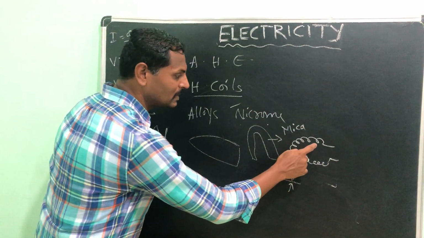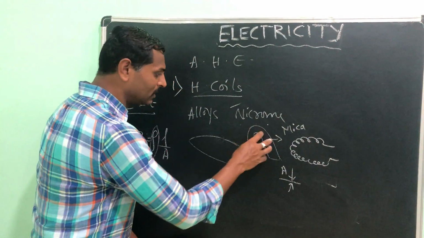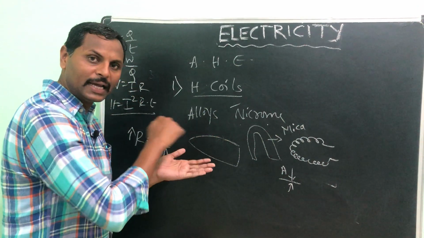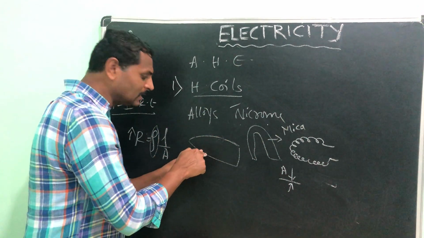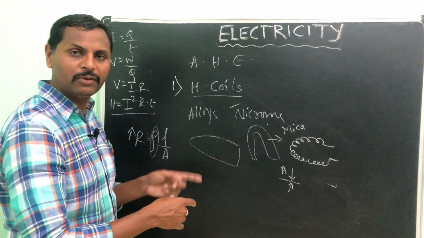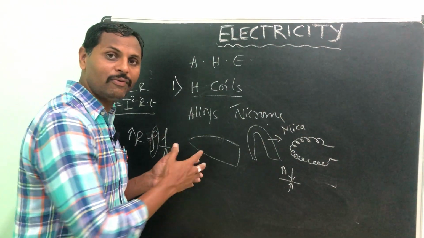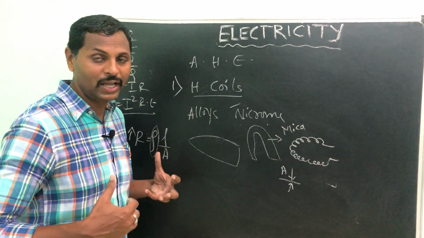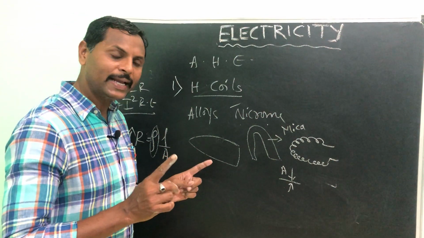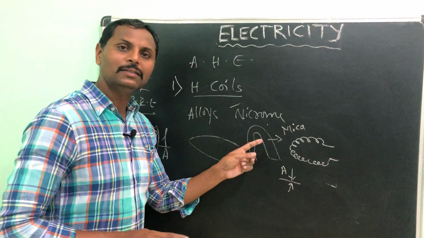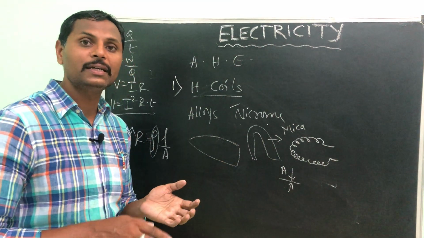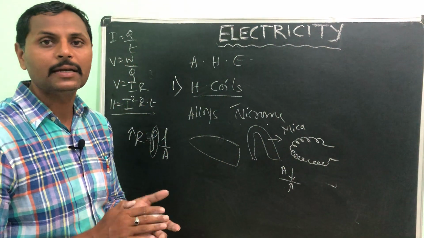of electricity. Why? Because nichrome is an alloy, and simply, without this, if you keep that nichrome at the bottom or on this plate of an iron box, then if you touch it, the current will flow in this also. Of course, heat will be produced, and along with that you will get the current also. When current flows in your body, we know we are a fairly good conductor, so we will get an electric shock. That is why, to avoid this, we are keeping the mica substance. It is a substance that allows only heat, not current.